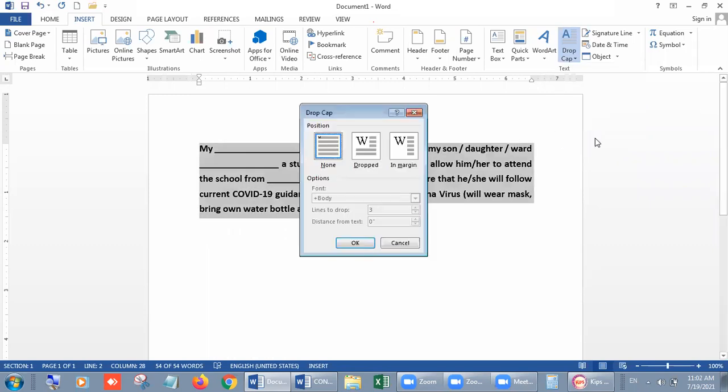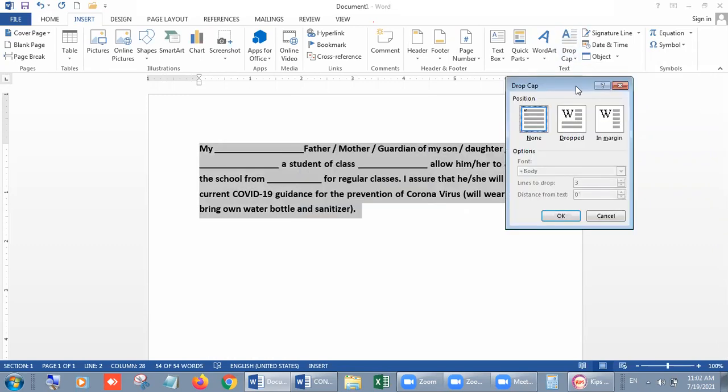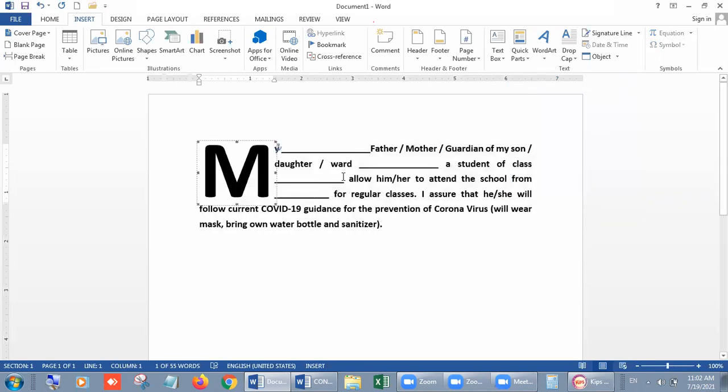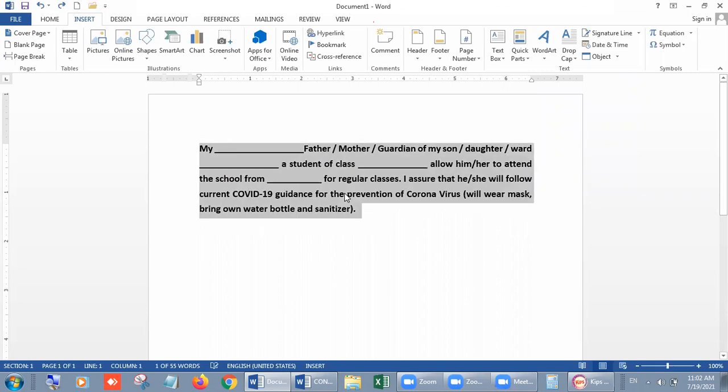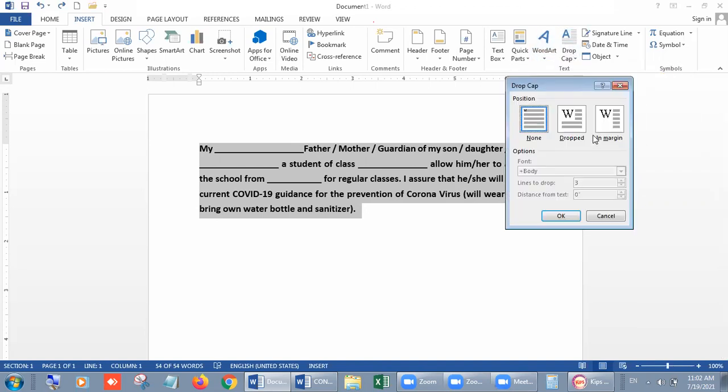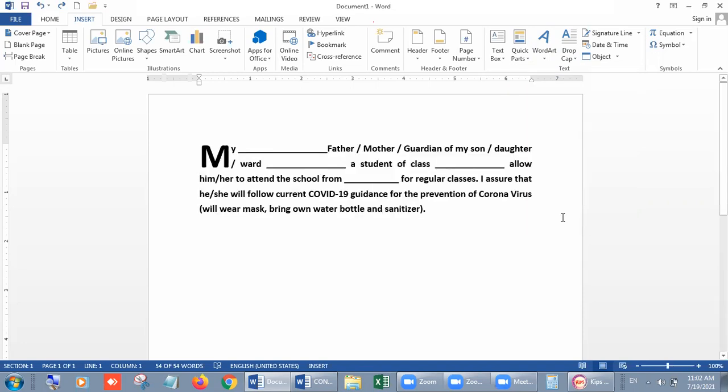If you go to drop cap options, then you can use some more options. Like suppose you choose 2 and 3 lines. It is by default 3 lines, but you can change it. Suppose you apply it up to 4 lines. Now you can see 1, 2, 3, and 4. Up to 4 lines it will come. Okay. Again, drop cap options. Suppose I am using only 2. Look, 1 and 2.